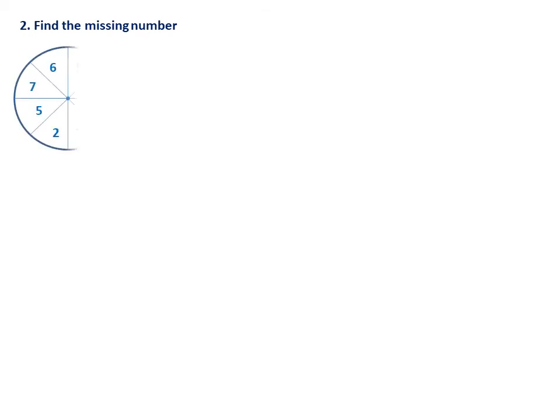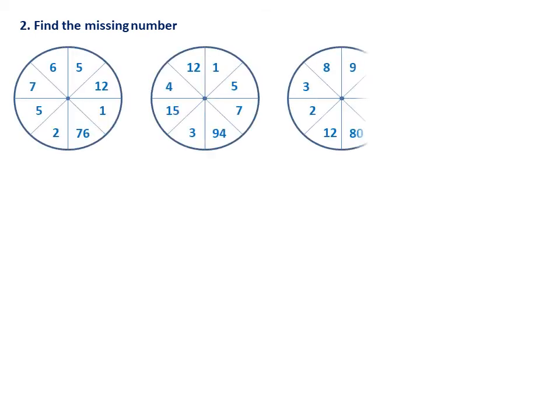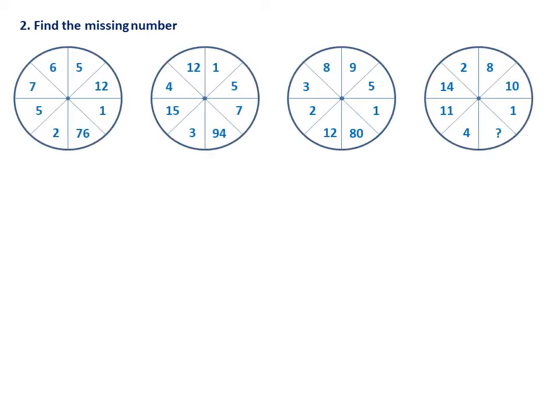Find the missing number. So once again, 4 circles are given like this. We have to study the numbers. In the first one, 2, 5, 7, 6, 5, 12, 1, 76. Like that it is given. And you can also see sometimes it is increasing, then once again decreasing. All such possibilities are there. First you have to study the first 3 circles, and the same rule holds true for all of them. Using that rule, you have to find the missing number. So the options, of course, are 98, 100, 102 and 108.